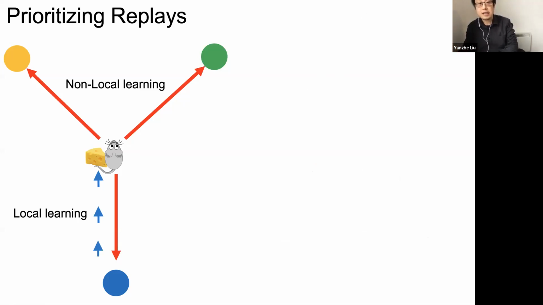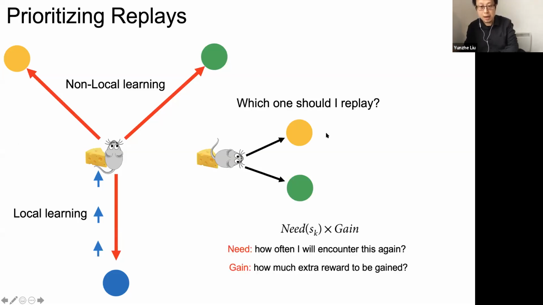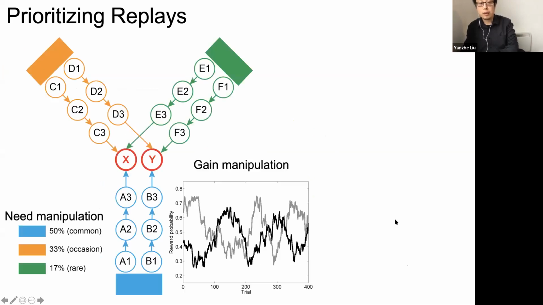Okay, great. So the last question is, is replay actually prioritized so that it's most likely to replay the most policy informative behavior? Again, this can be translated in the analysis, i.e. do I replay more to the yellow path or to the green path, as a function of the product of lead and gain, right? And again, just to remind you, the lead is manipulated by the starting probability of the arm, and the gain is manipulated by the reward probability of each outcome.